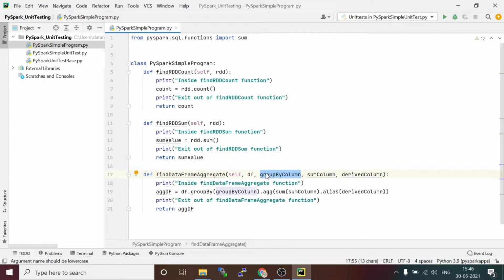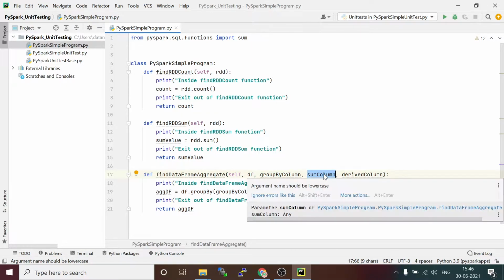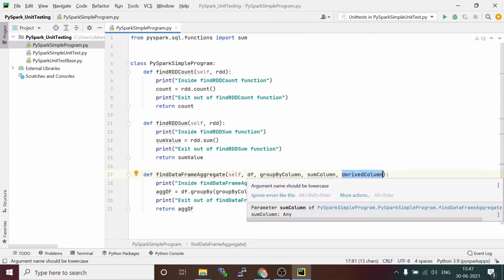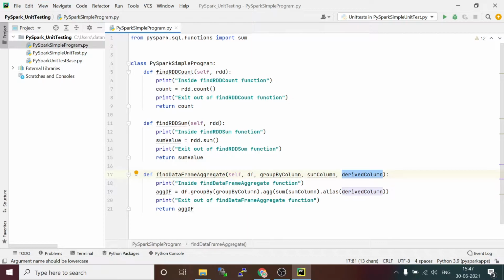So you pass a data frame, the group by column, and the column you want to apply the sum on. When you do the aggregate, you get a derived column, like the sum of the amount spent by the customer. There is a column called amount spent, and if you want the total amount spent, you take the data frame, group by the group by column, and use the agg function.